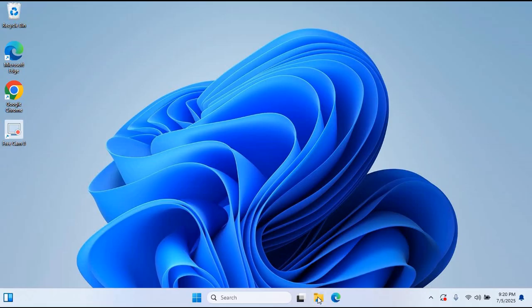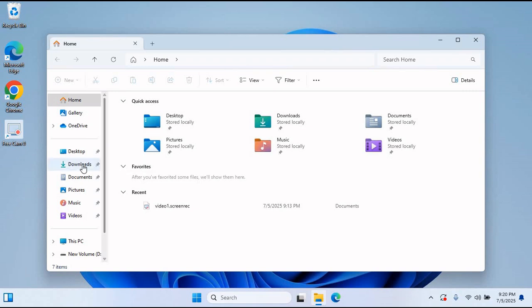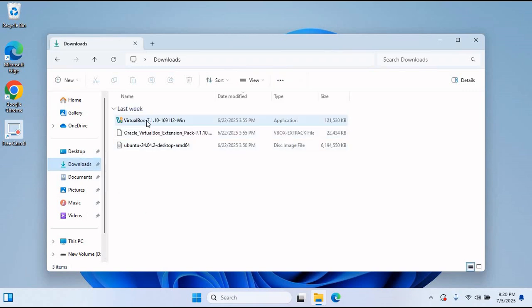Now let's come back over here to our PC, and we're going to see in our downloads folder that we now have the things we need. We have our VirtualBox installer, we have the extension pack, and we have the Ubuntu ISO. Now we want to go ahead and install this VirtualBox, so let's go up here and double click the executable,